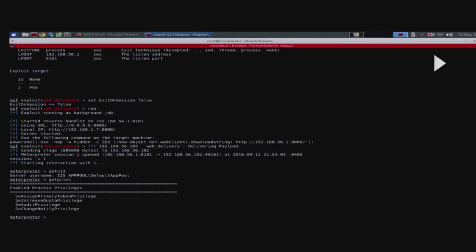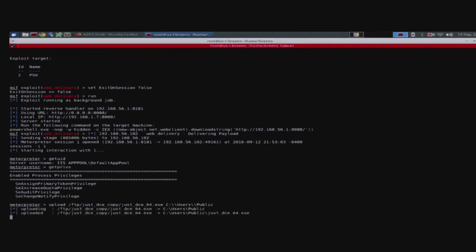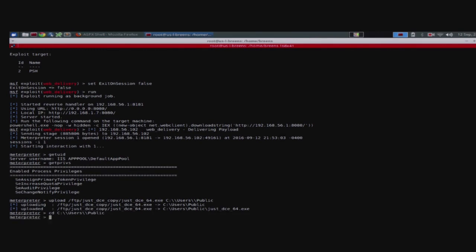It would be awesome if this was a Meterpreter post module. We're working on that with OJ, but it's not there yet. So I'm just dropping it in C:/Users/Public. Okay, so next,